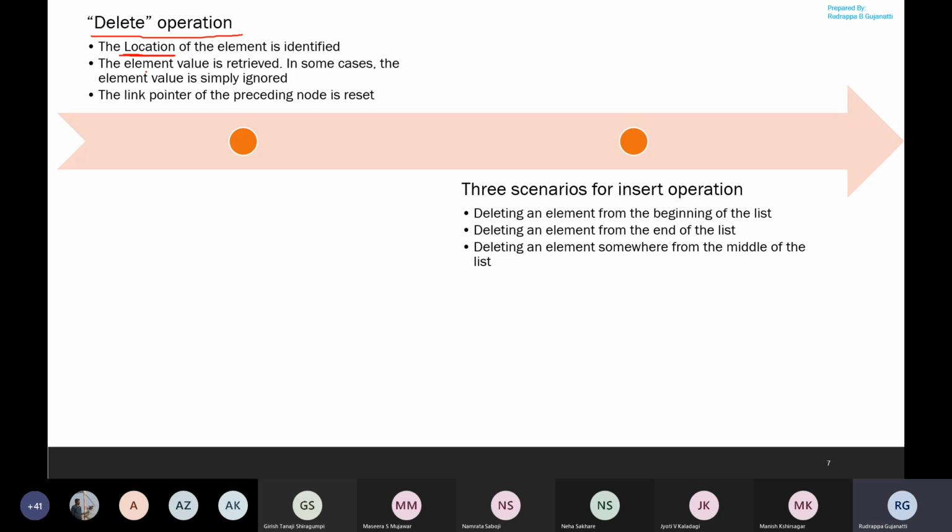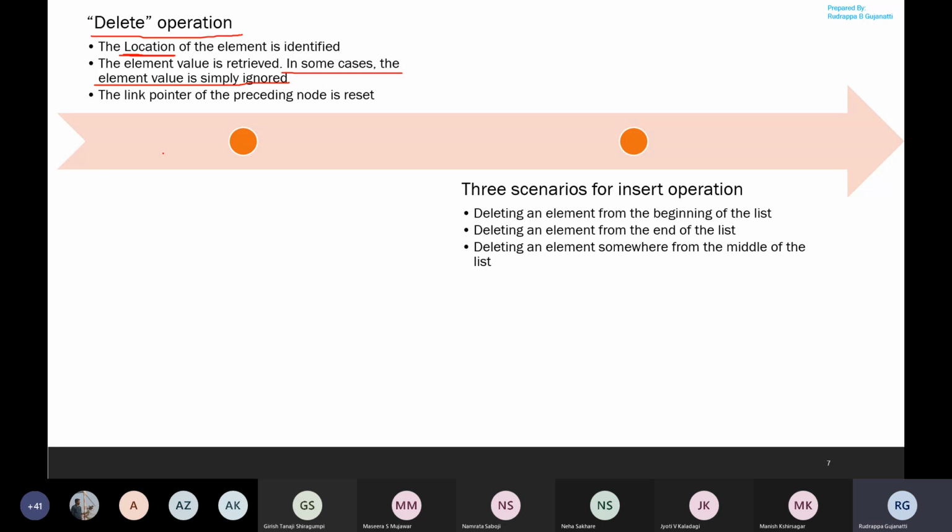That is, when we do memory allocation, if I want to get rid of that memory location, we free it. Or else, in some cases, we simply ignore the element. But when we are doing these two operations, we still need to maintain the logical connection.